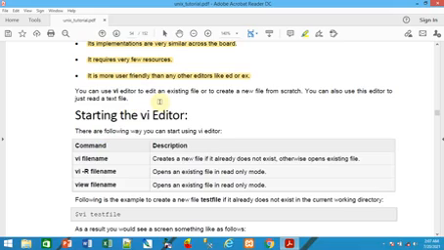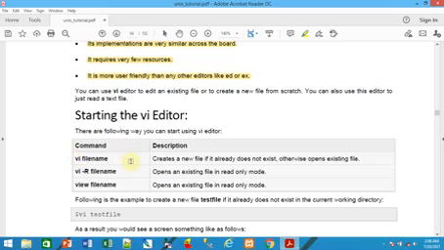You can edit an existing file, or you can create a new file using the VI editor, from scratch. Since Unix is a character user interface, you need to give commands if you want to do something. If you give vi and a file name, whatever it may be, say ABC, it creates a new file if it does not already exist, otherwise it opens the existing file.